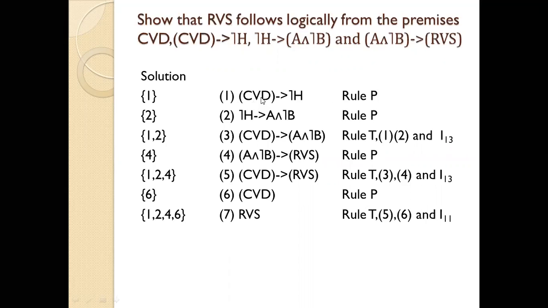So C or D implies negation of H. Negation of H implies A and negation of B. These are the 2 rules which are given to you. Now see here, this is equivalent to this rule. We'll say identity number 11. I am writing identity number 11. So identity 11 says P implies Q